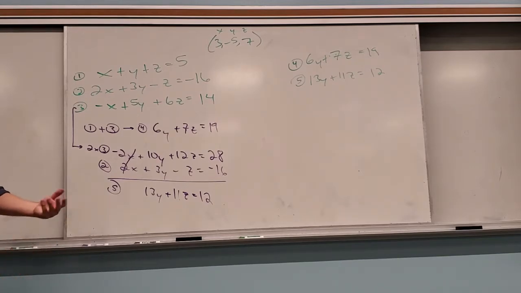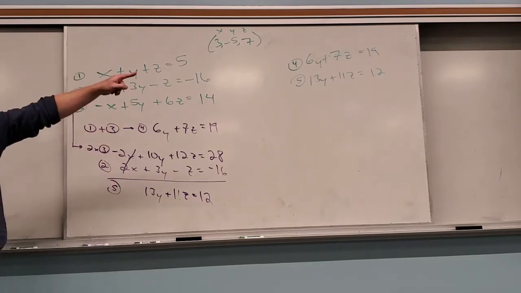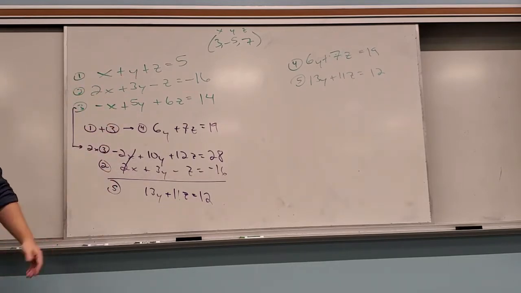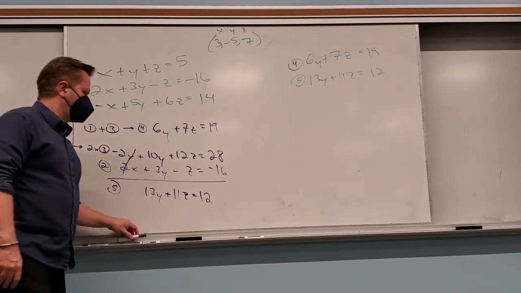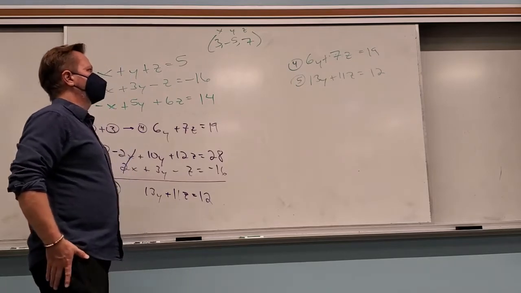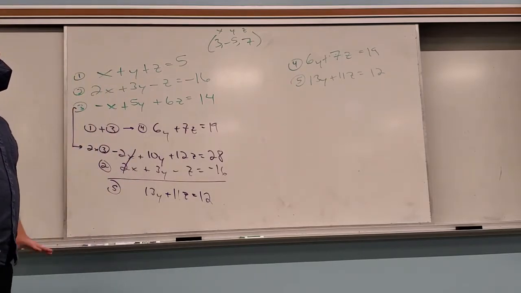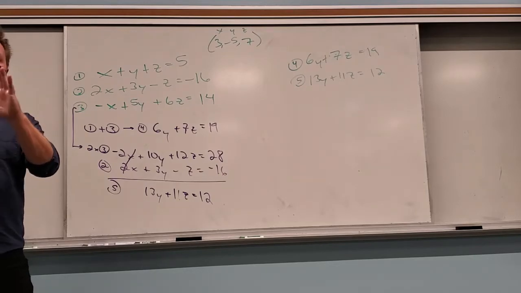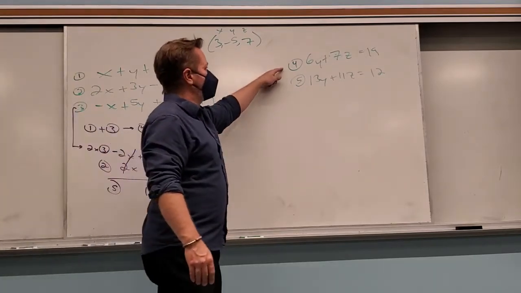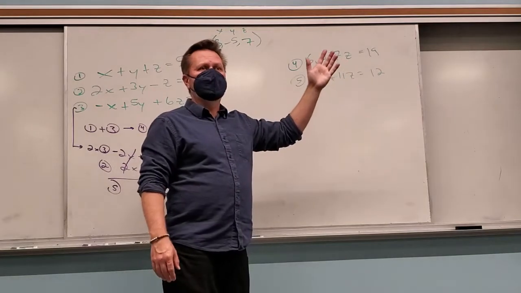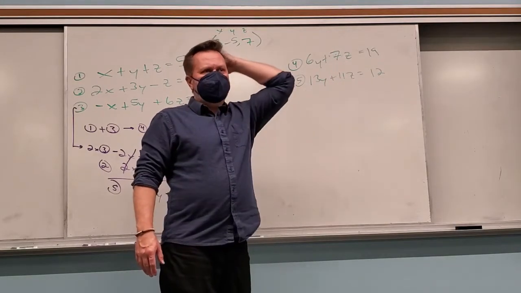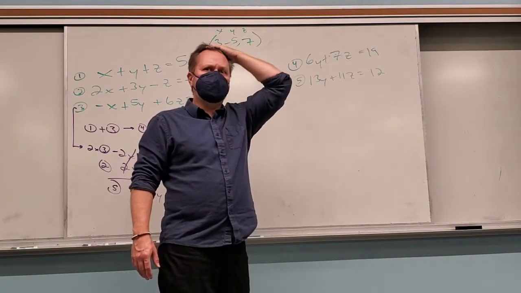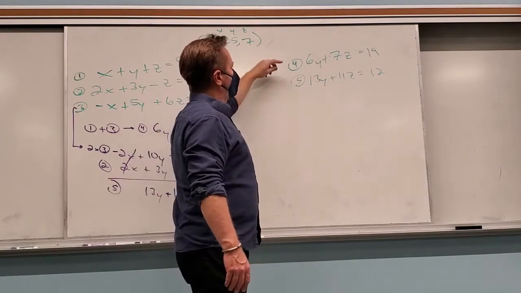If I add those together, does anything die? See, now I forget where I came from, and that's where I am. I want to make one of the letters die, of course, right? Now, I kind of want to show you something really cool. Nothing dies, right? And in fact, can I just double this and then something's going to die? No. What do I have to do then? How do I make the things die? If I wanted to kill the y's,